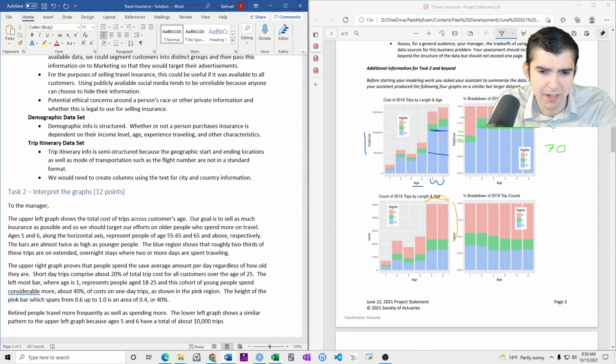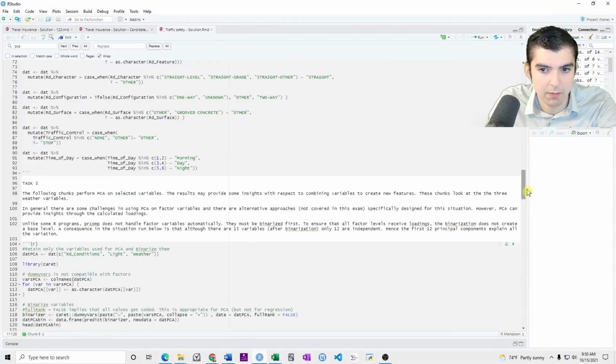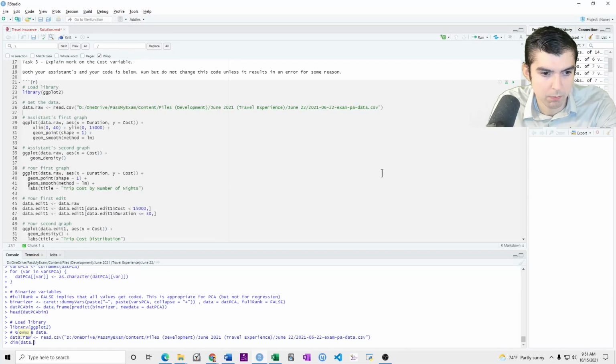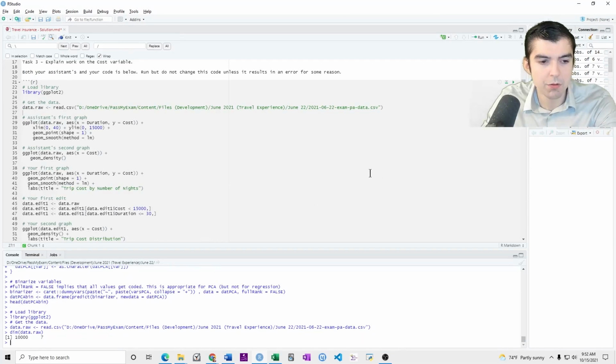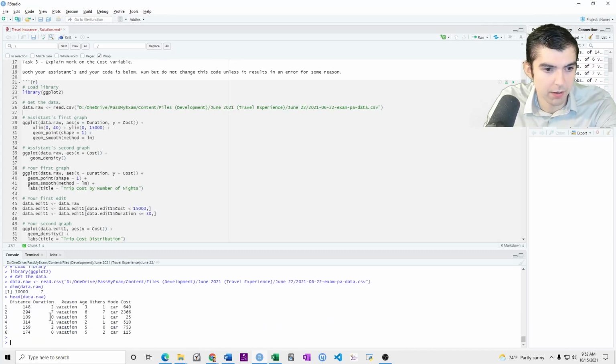Wait, how is that right? Because if you think about it, in this data set, the data has only 10,000 rows, right? If I look at the dimension of the data, I see that there are only 10,000 rows. And each row is like distance, duration, vacation, cost, and so forth.